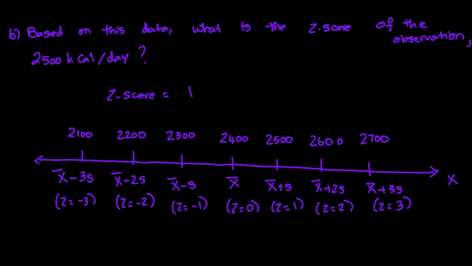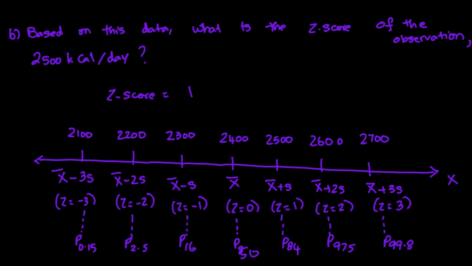It's about 0.15%. So that number would correspond to P0.15. That would correspond to P2.5. That should correspond to P16, and P50, P84, P97.5, and P99.85. So, since the data is normally distributed with the parameters given in the problem, I can complete